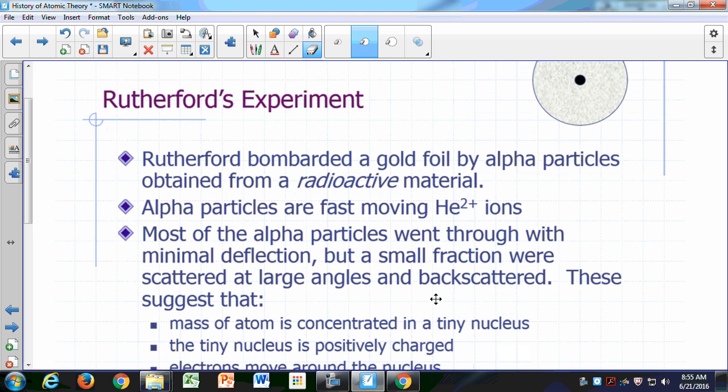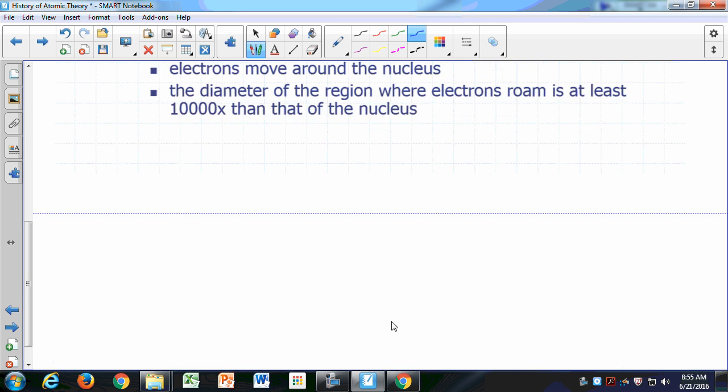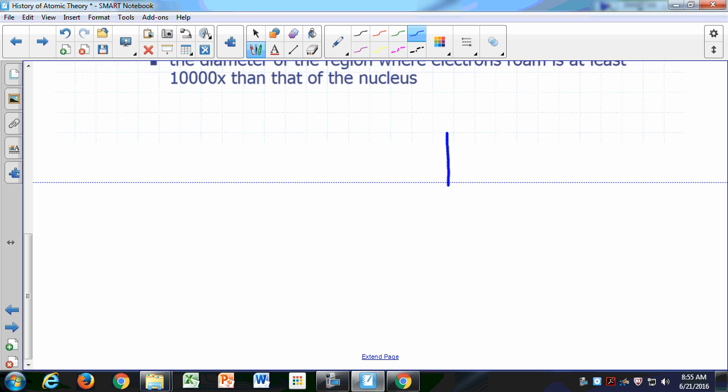After J.J. Thomson's discovery of the electron and the proposal of the plum pudding model, the next major development in our understanding of the structure of the atom can be attributed to experiments done by Rutherford. Ernest Rutherford bombarded a gold foil with alpha particles obtained from a radioactive material. So if you have a very thin piece of metal, like your aluminum foil, so you have a gold foil